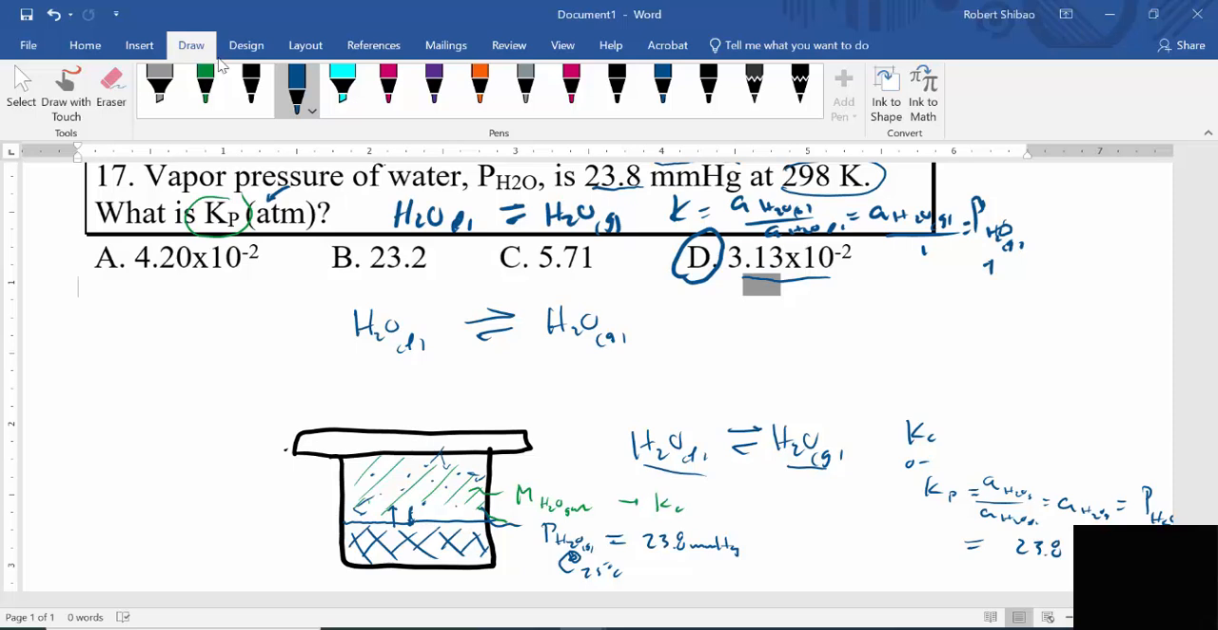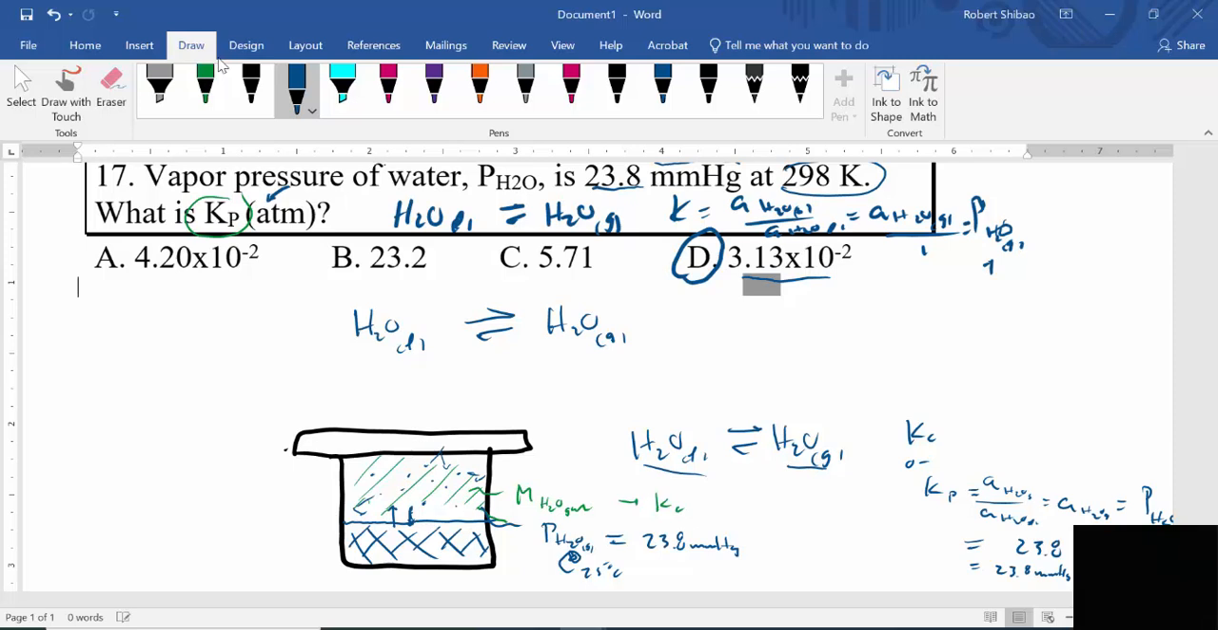We drop the units. It's weird because Ks are dimensionless, there are no units, but we have to keep track of the units because the K value is going to change depending on the units. So this is in torr or millimeters of mercury, but we don't include it there. This is millimeters of mercury or torr, which is equivalent to 23.8 millimeters of mercury divided by,